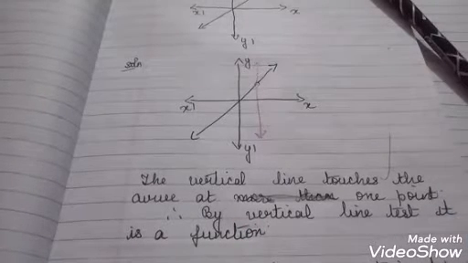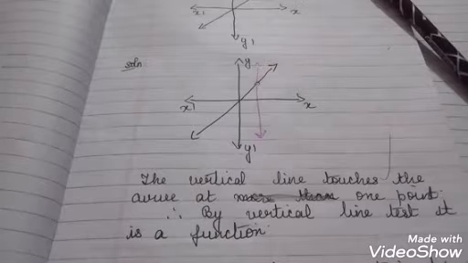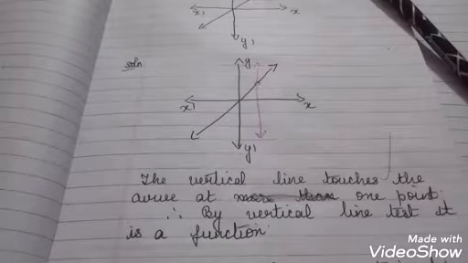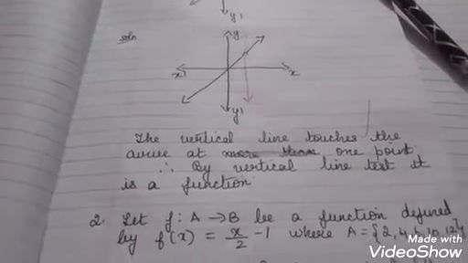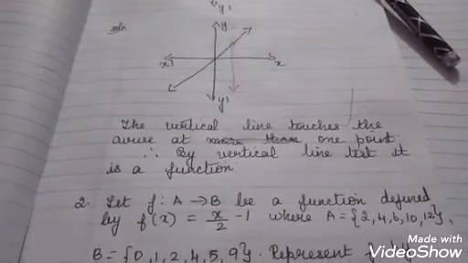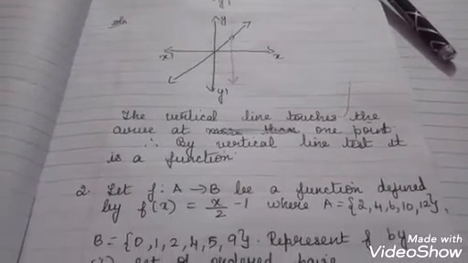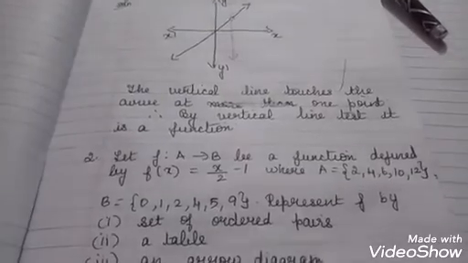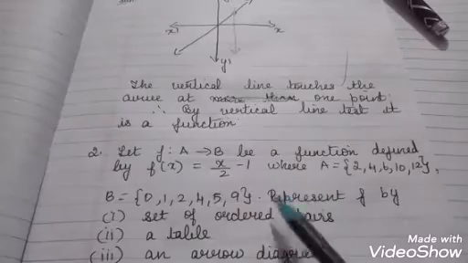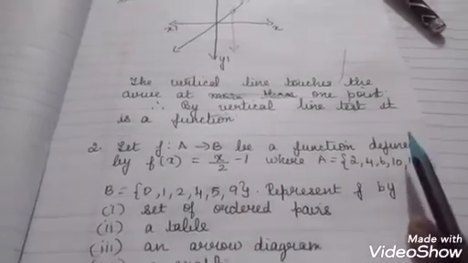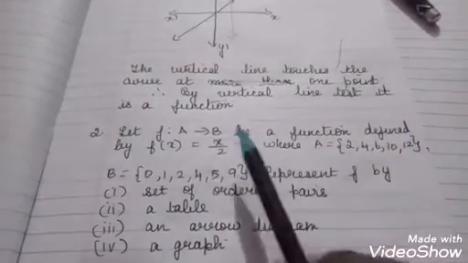Okay, so these are just simple direct questions to check whether the given graph is said to be a function or not. Is it clear? Now comes the second question. So the second question, if you see here, you will have to represent the given function in the form of, how many representations are there? 4 representations are there, what we have seen in the introduction part.